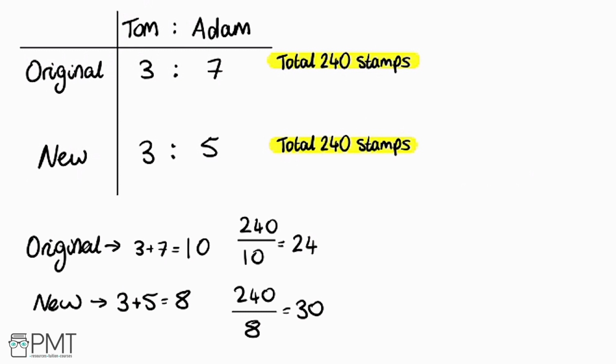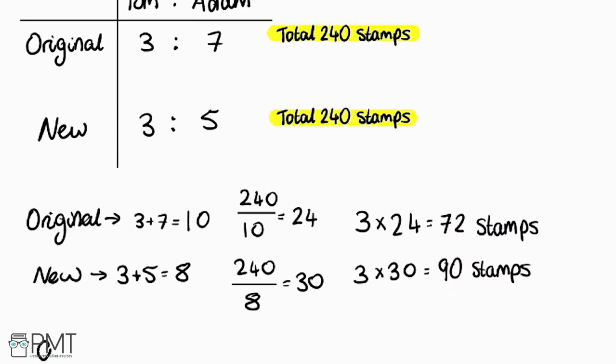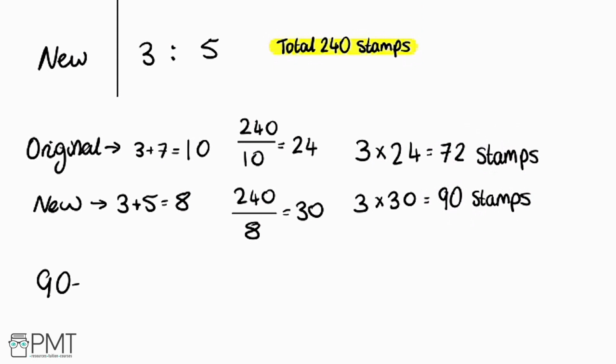So doing the original first, we're going to do 3 times 24, which is 72 stamps. Then for the new one, that's 3 times 30 stamps, which is 90 stamps. So we know originally Tom had 72 stamps, and after he bought some from Adam, he had 90. To find out how many he bought, we can just do 90 minus 72, which is 18, and that is